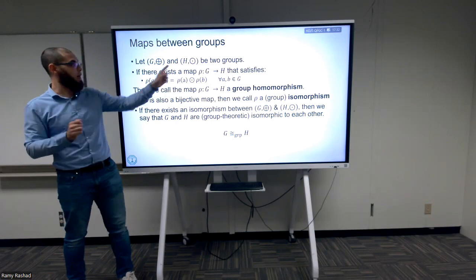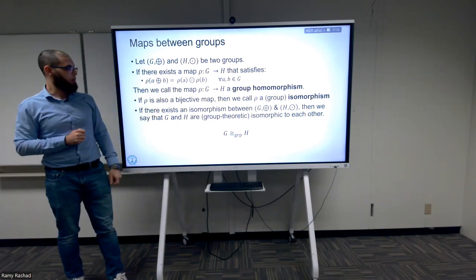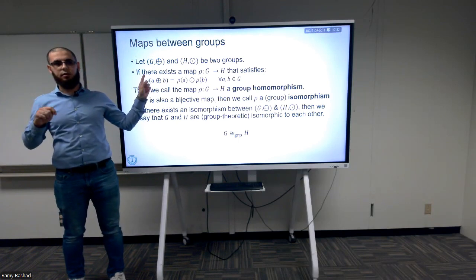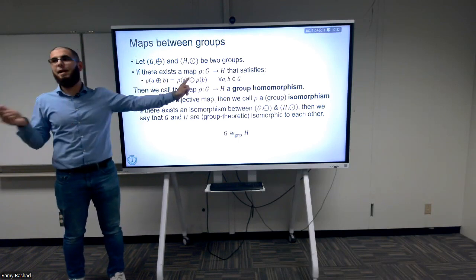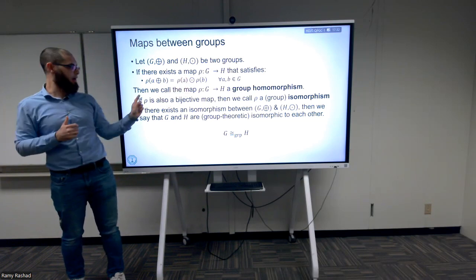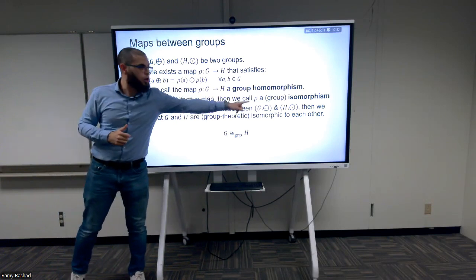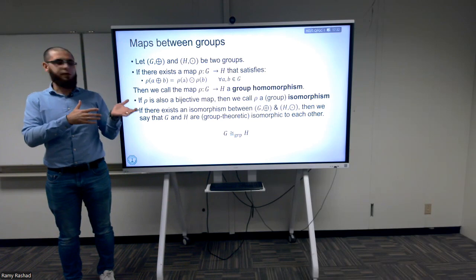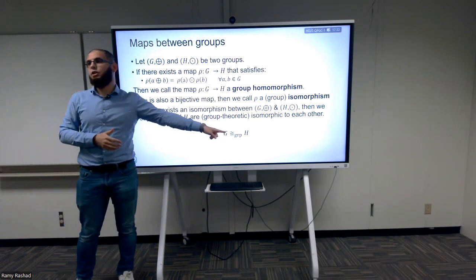Because of how we define the maps here. If rho is also a bijection, so this is an extra condition. If it's a group homomorphism and it's also a bijection, again, you know what the bijection now means. It's just a bijective map. Then we call rho a group isomorphism. If there exists some group isomorphism, then we say that G and H,